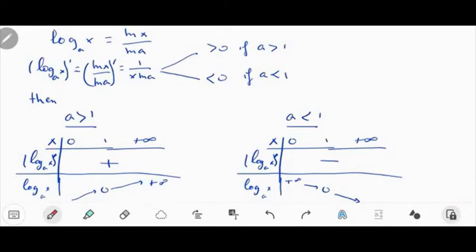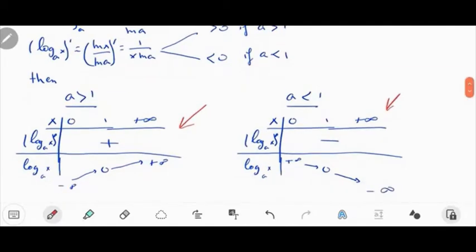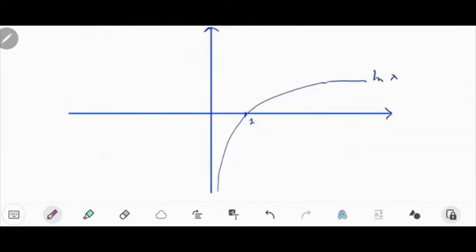So if a is greater than 1, we have this table of variations where the function log of x base a is increasing, and if a is less than 1, we have this table of variations where the function logarithm of x base a is decreasing,